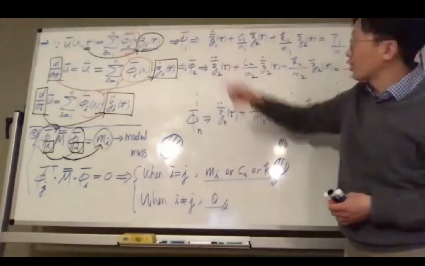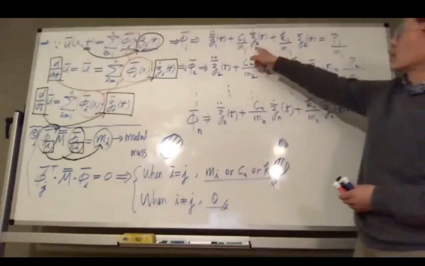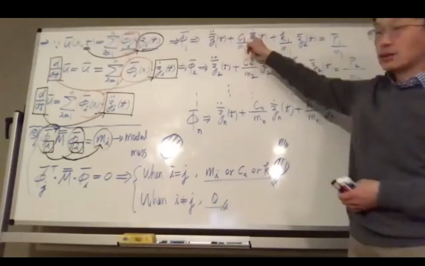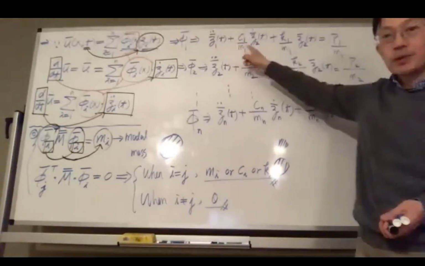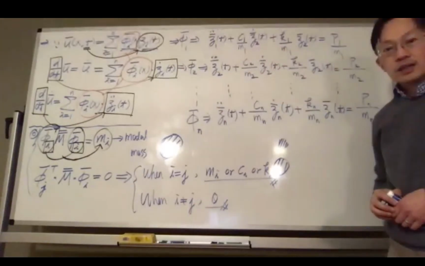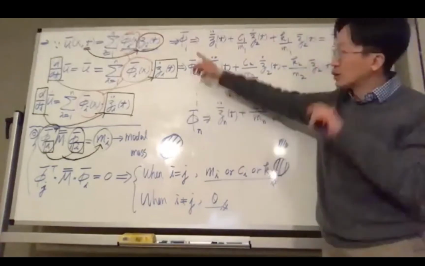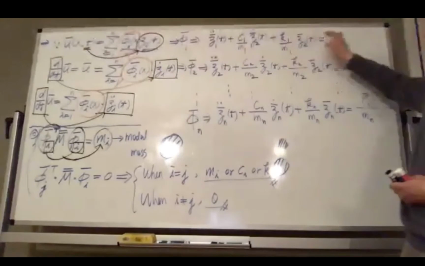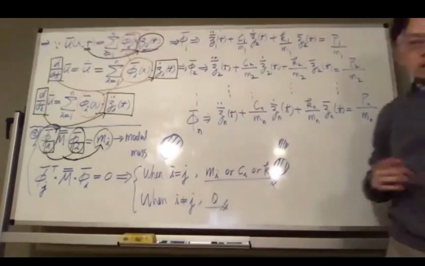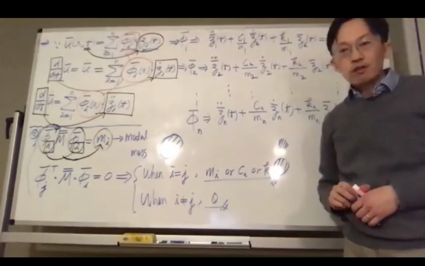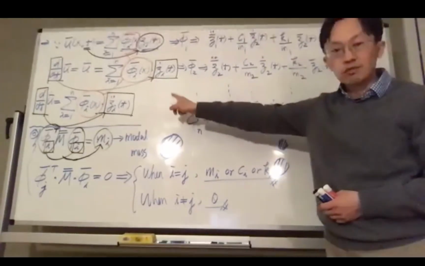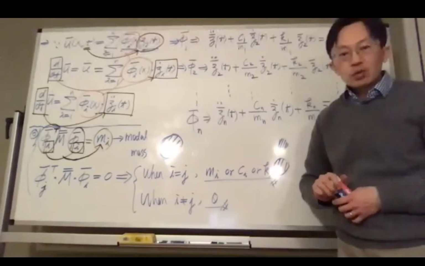Because in each one of them, you no longer have matrix. It becomes C1 over M1, and C1 is a number, M1 is a number. So this will become just a number. Therefore, the original n by n matrix problem has now become n single degree of freedom systems. Now, if they are single degree of freedom systems, you know how to use the solution from what we talked about in